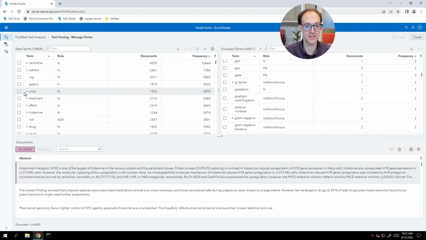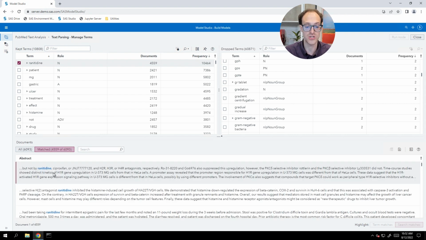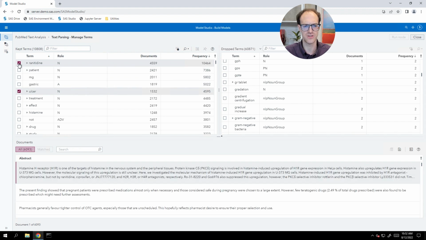Another thing that we can do here in the text parsing node, so of course we could select these terms and look for matched documents to see in which documents ranitidine occurs, and it's going to highlight the word ranitidine in those documents. But we can also, let's go to ulcer, for example. So if we click on ulcer and select ulcer, and let's unselect ranitidine now. With just ulcer selected, we have a couple of options over here. I wanted to highlight them. We can show similarity scores, which shows words that are similar to the word ulcer. And we can also show a term map to show terms connected to it. Let's click Show Similarity Scores because we're going to find this a useful functionality when building our concept rules.